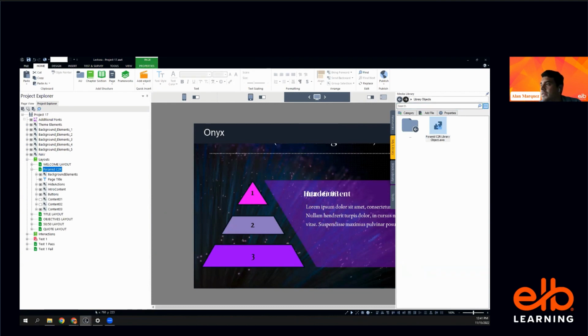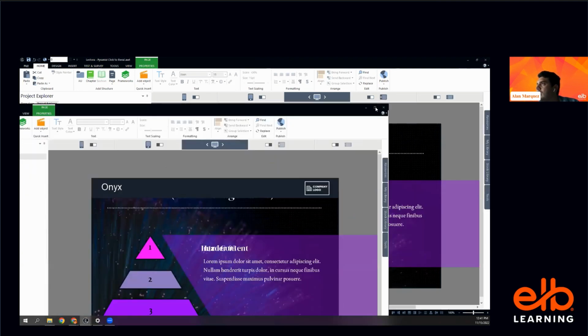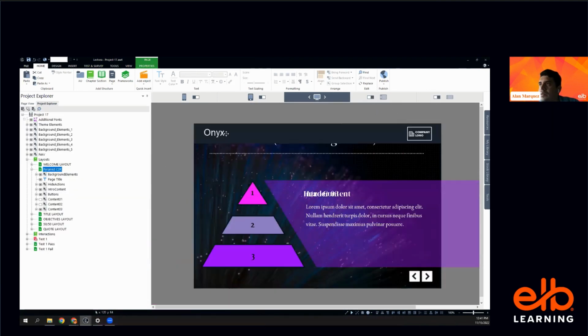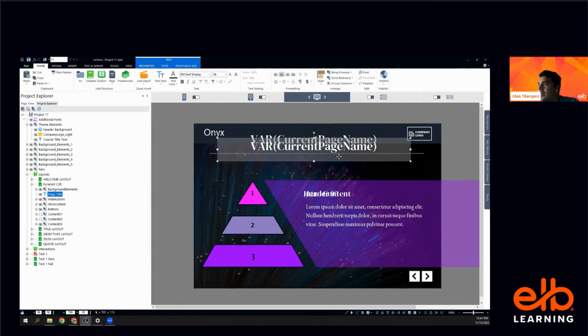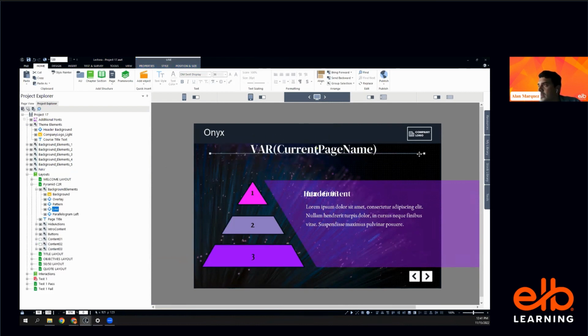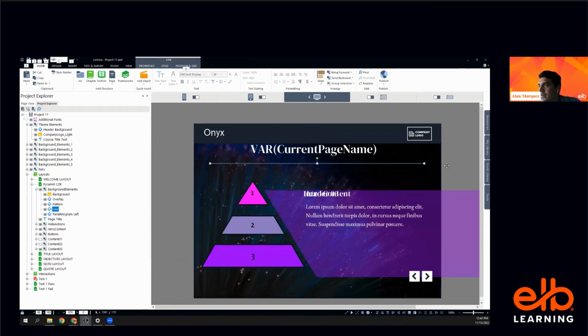Yes, and you will see that since this... where is the close button in here? We have this top bar here, so we have to move this element down, but it doesn't matter because this is part of the